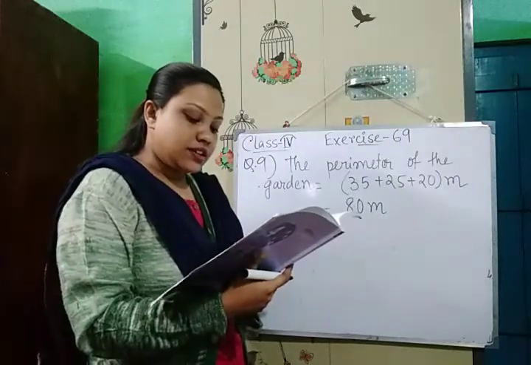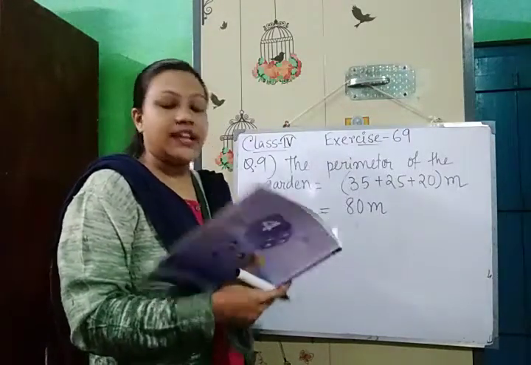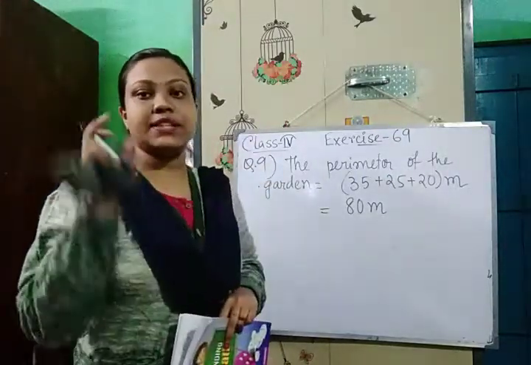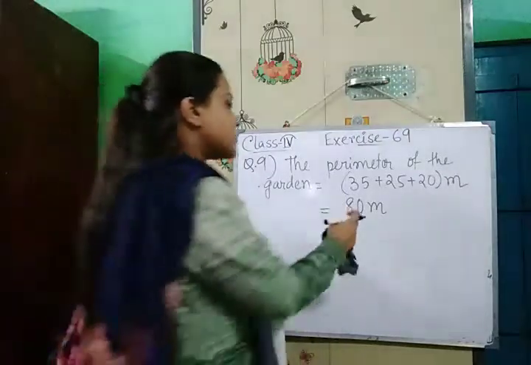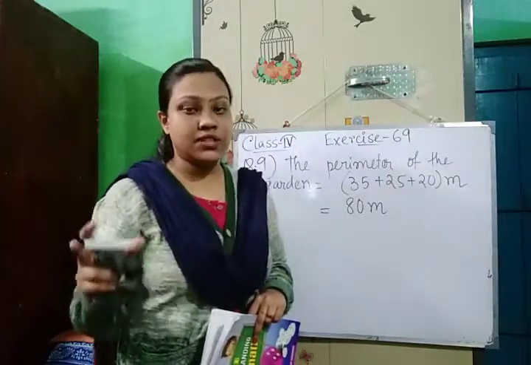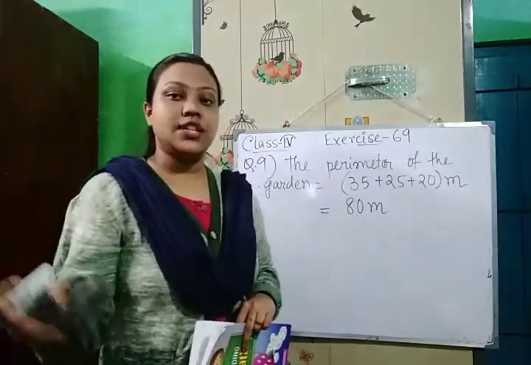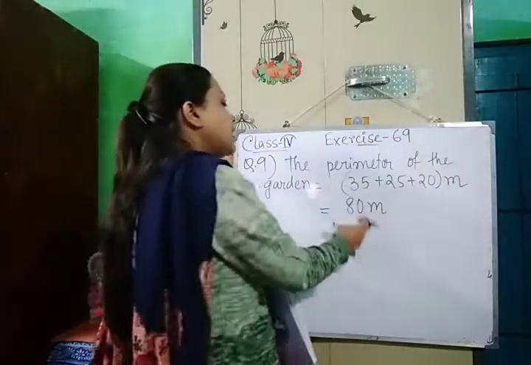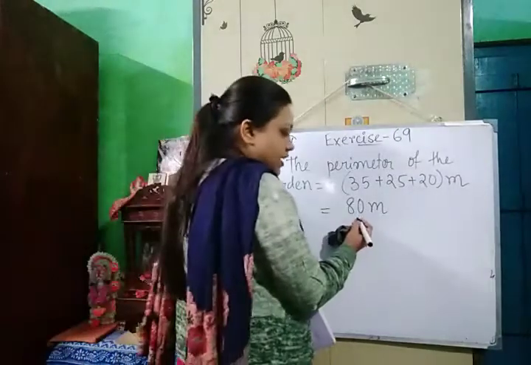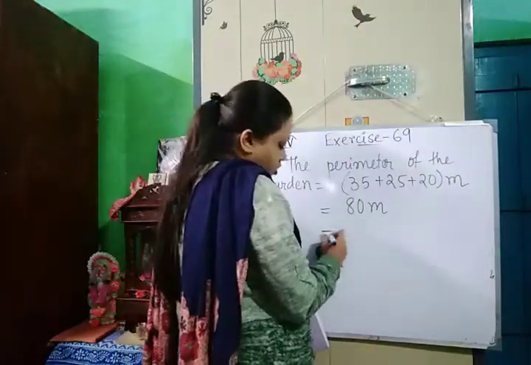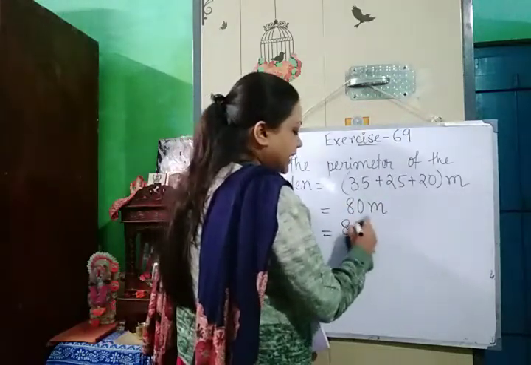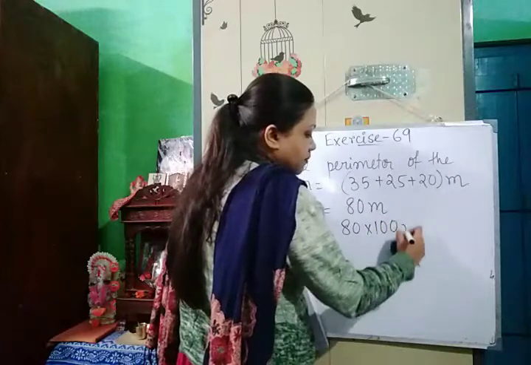Now Rekha covers 50 centimeter in one step. The distance she covers in one step is given in centimeter and here it is given in meter. So first we need to convert both of the distances into the same unit. We can convert the higher unit to the lower unit, the smaller unit. So I am converting meter to centimeter. You all know how we can convert meter to centimeter? By multiplying by 100.